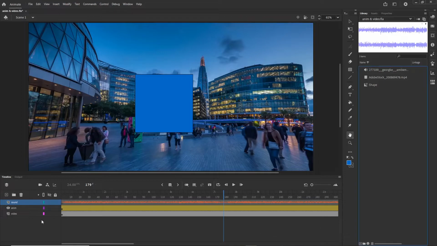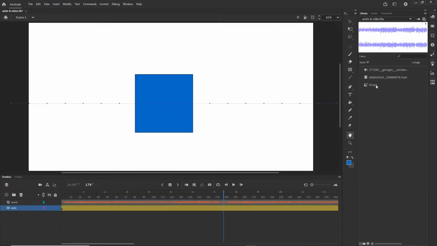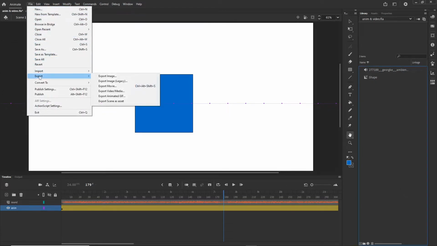So all you need to do, if you click on the video layer, put that in the bin, click on the video in the library as well, and again put that in the bin. Then if you go to File, Export, Export Video / Media,